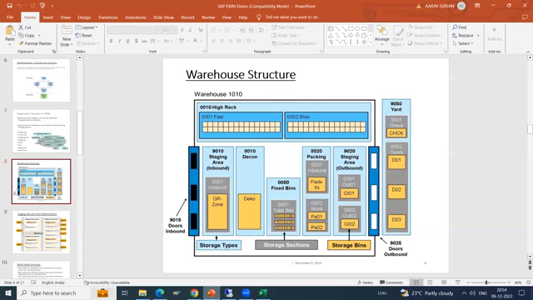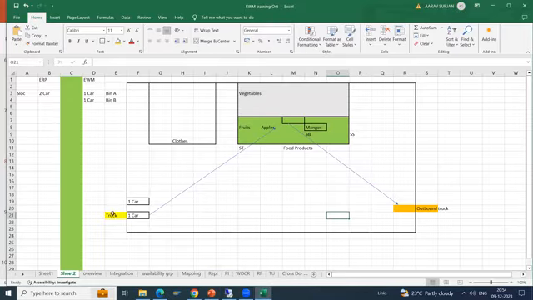Now, if you see this structure, you have a storage type. Every element here is also called a storage type. The door where the truck comes is a storage type, and the staging area, where you temporarily put the product, is also a storage type. This is also a storage type, where you are actually storing the product.